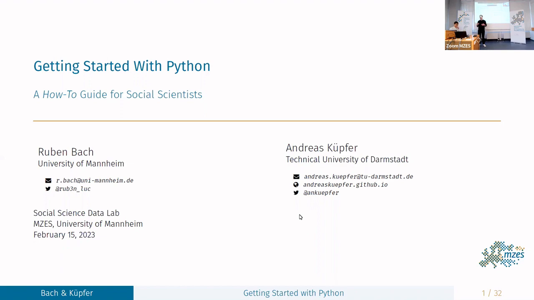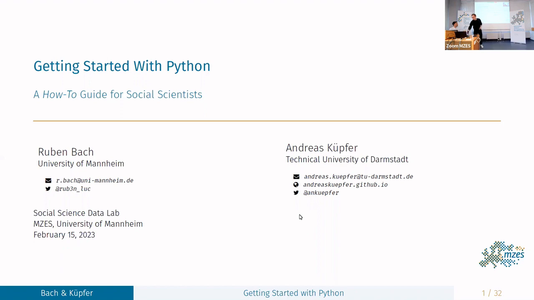At least for us, when we navigated Python, there were way more choices to be made than with R. So this guide is intended for people who basically have some R programming experience, and who want to get some details on how to navigate the Python world.